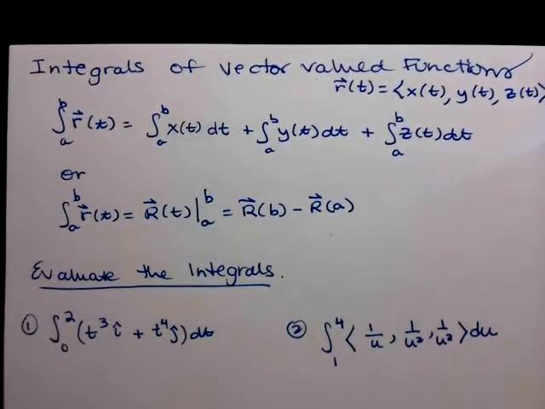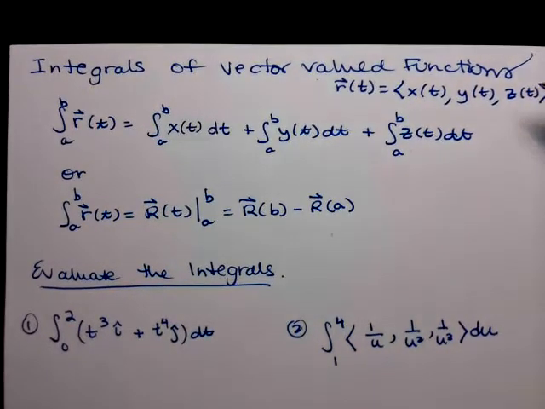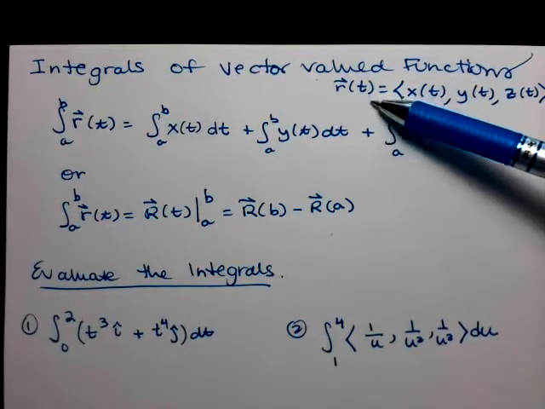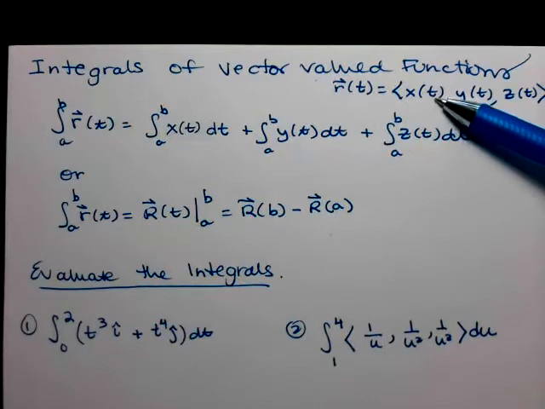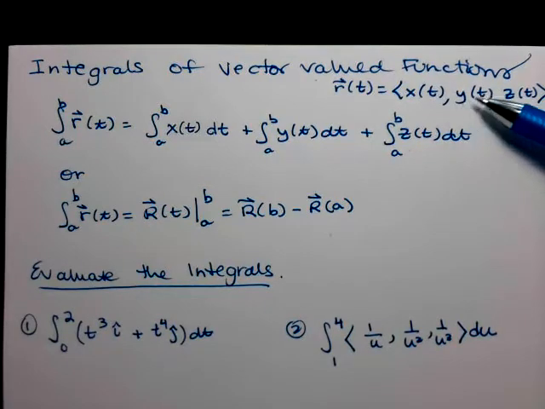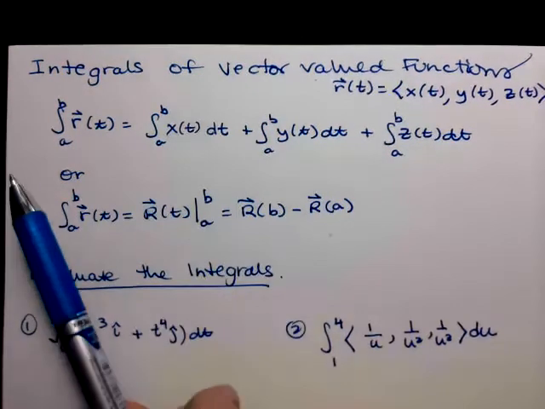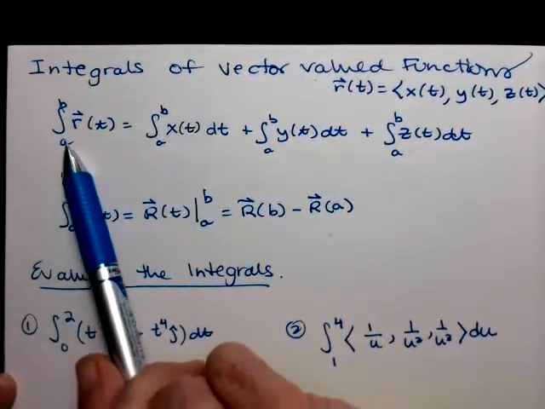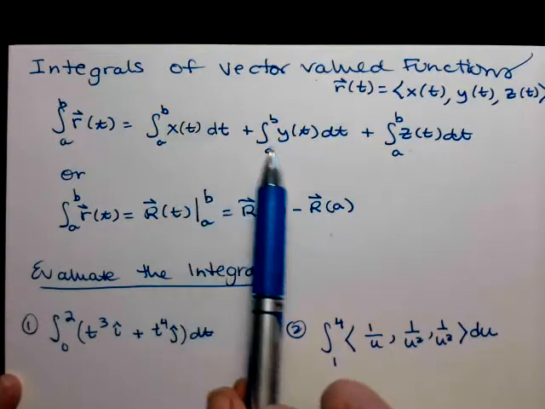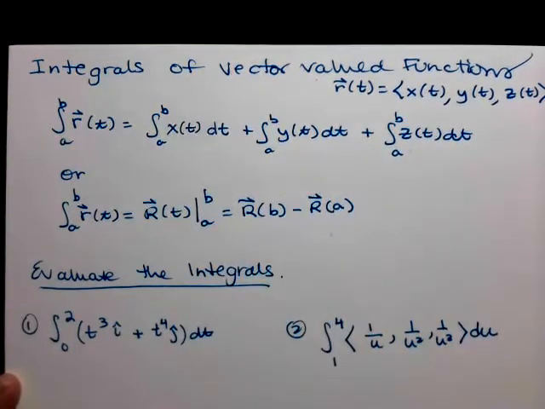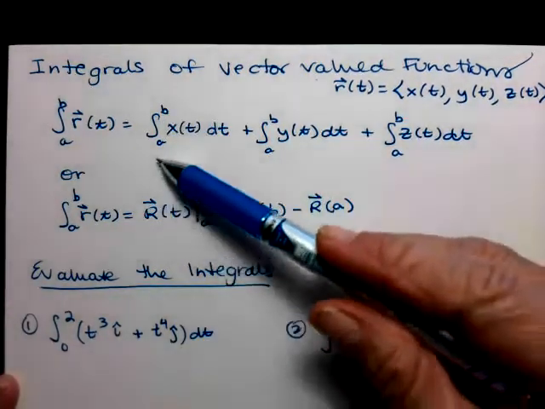So I want to talk now about the integrals of vector-valued functions. So remember, we're calling our vector-valued function r of t, and then it has components that are functions of t: x, y, and z. Okay. So if we integrate r of t from a to b, what we're going to do, as you might have expected, is we're just going to integrate the individual components with respect to t, and then evaluate them from a